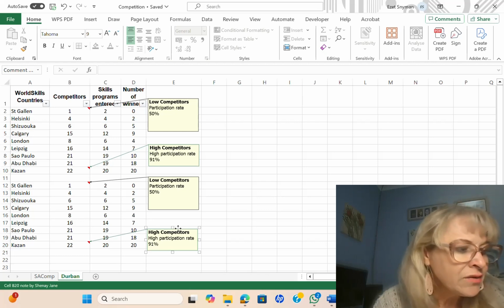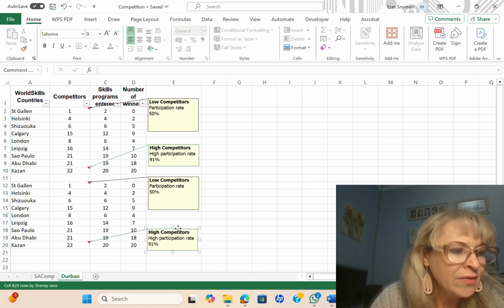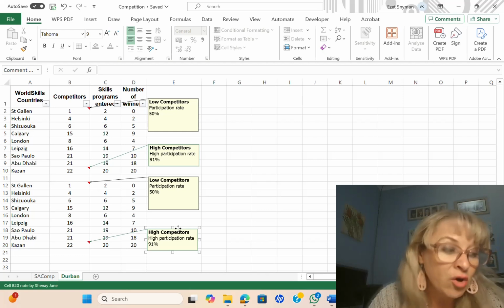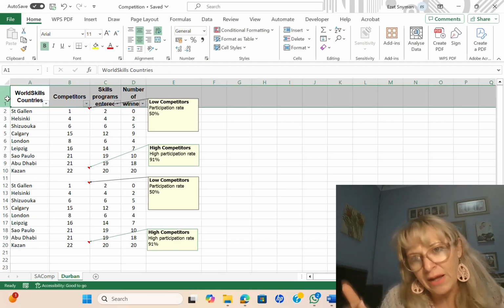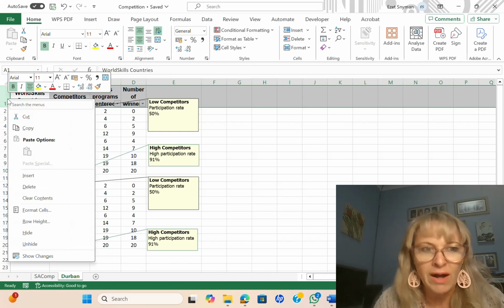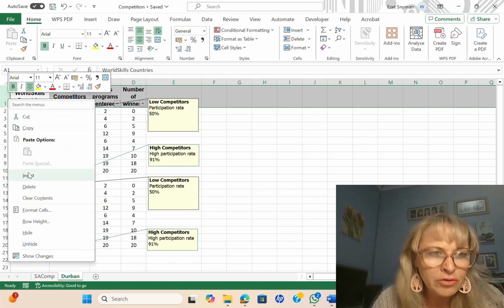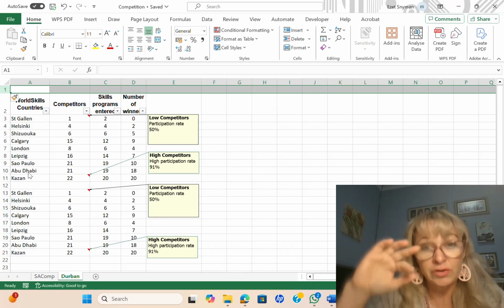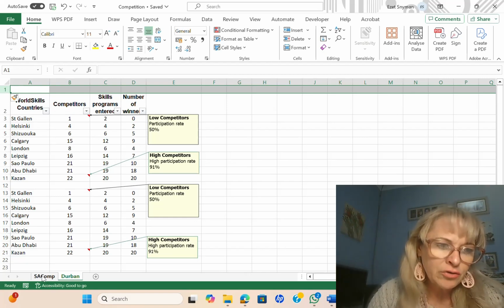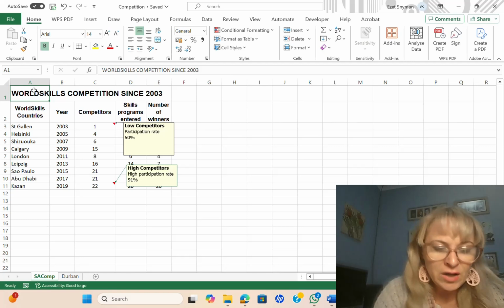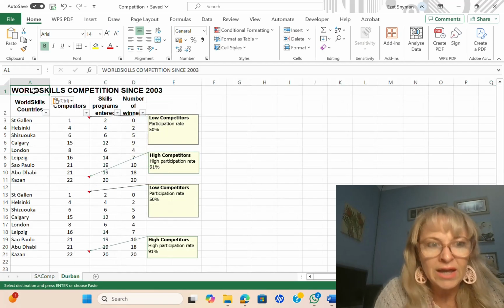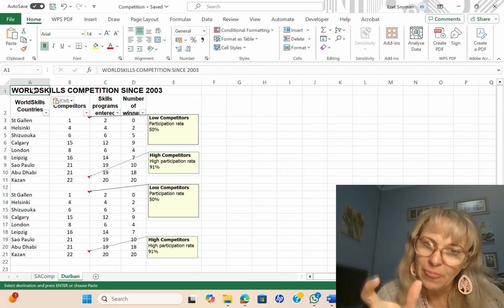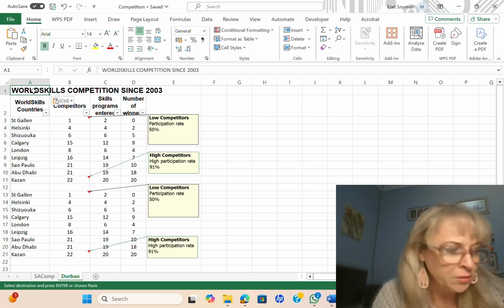Number D, insert an open row in A1 and then copy the content of A1 in the SA Comp worksheet and paste it in A1 in the Durban worksheet. Okay, so on row 1, you're going to highlight on the black arrow so that the whole row highlights. Right click and then go to insert so that you can insert a row above. And then we go to SA Comp. In A1, you're going to copy that cell and then paste it in cell A1 so that it's the same heading that pastes in the Durban worksheet.